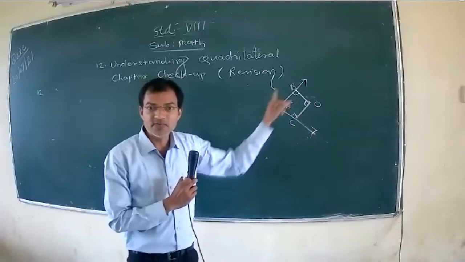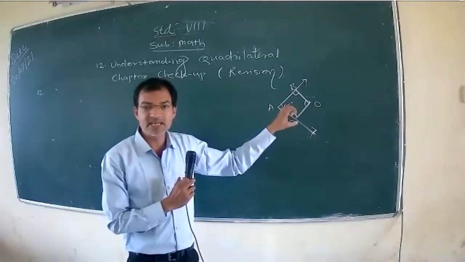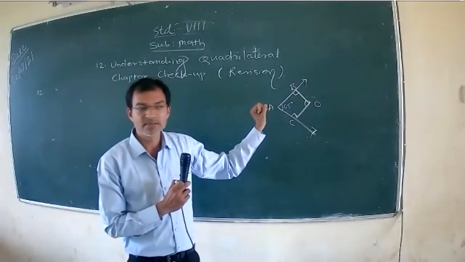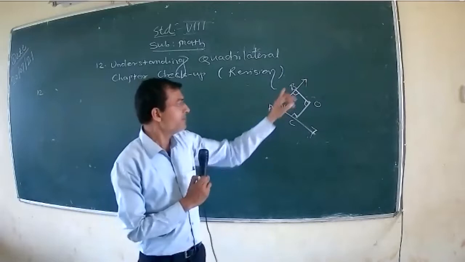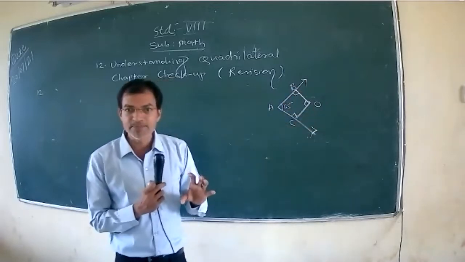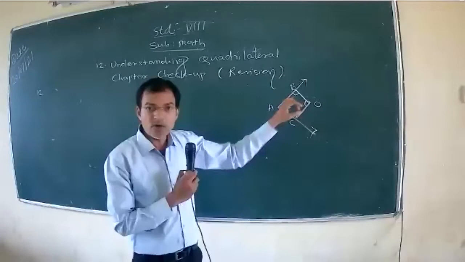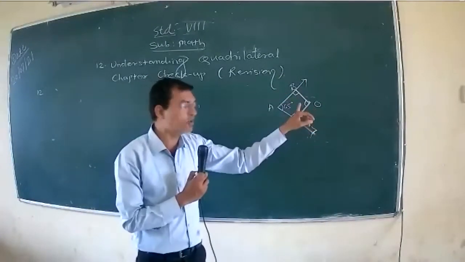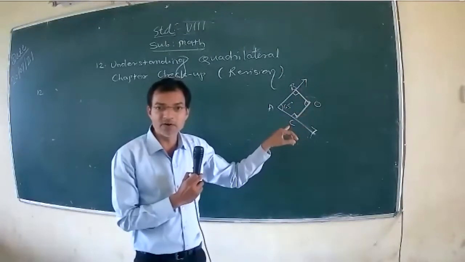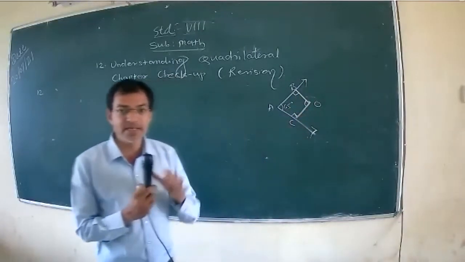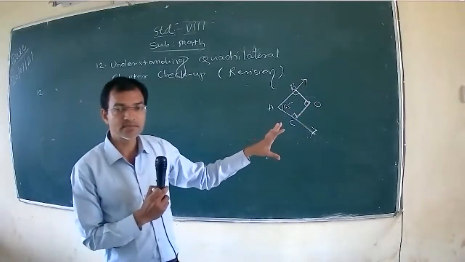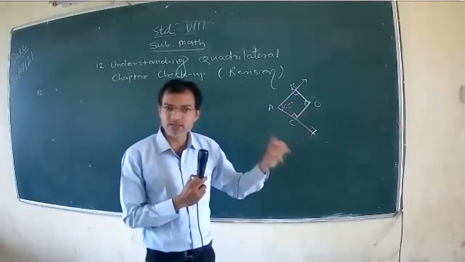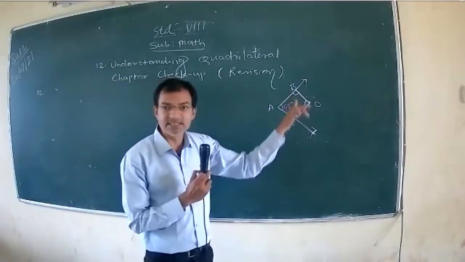ABOC, what is this? Which diagram is this? Quadrilateral. Very good. ABOC is a quadrilateral, and the measurements of three angles are given. You have to find the measurement of the fourth angle, that is angle BOC. Let the angle O be equal to x. You can consider angle O equal to x here, or simply keep it as angle BOC.